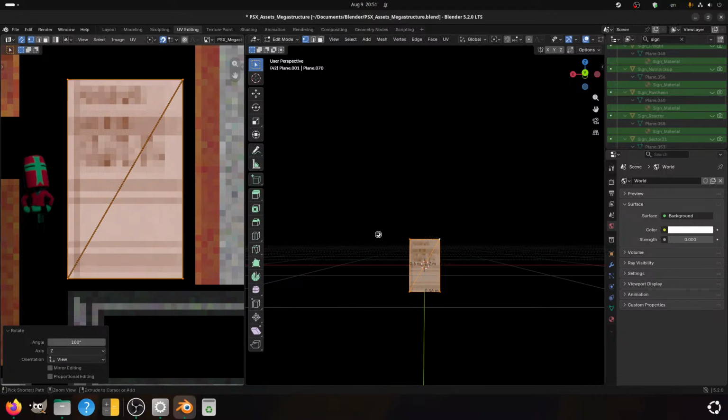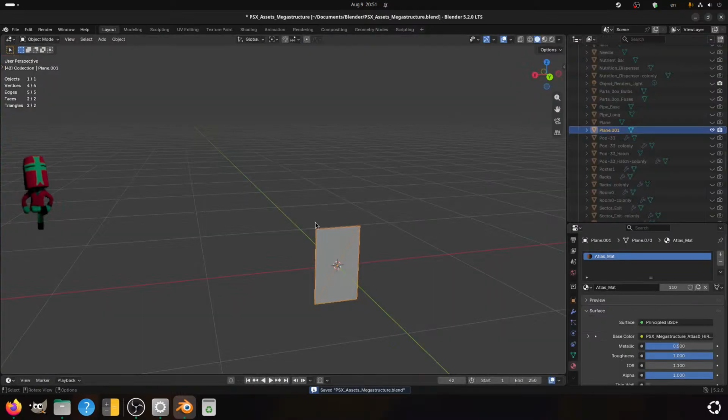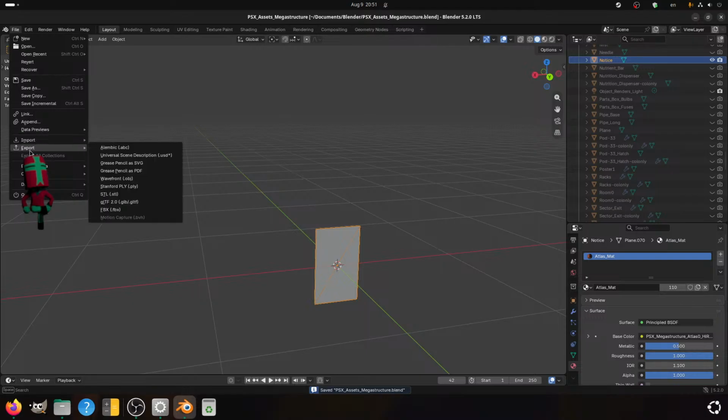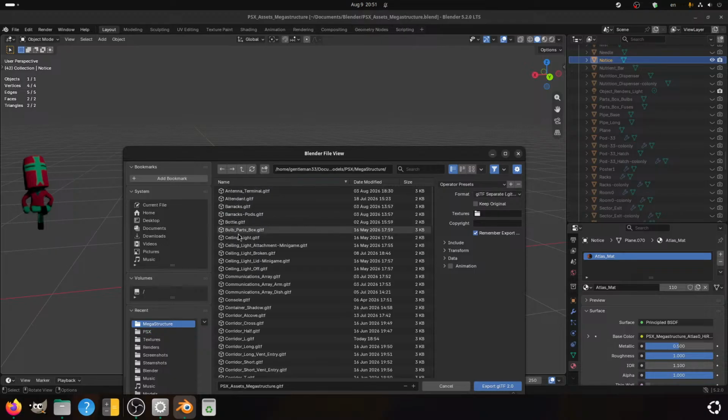And I would like you to not be upside down. Excellent. Now I select you. Notice. Export as GLTF models, PSX megastructure, and management.